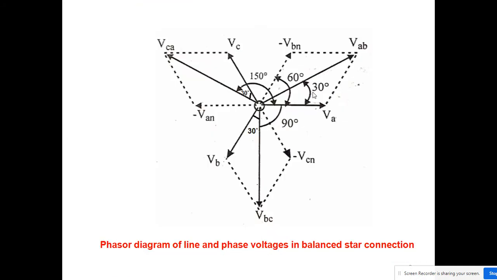So we can say these are 30 degree ahead of their respective phase voltages. Now I will draw the phasor diagram of the line and phase voltage in the balanced star connection. You see, my first notation is the phase voltage here, this is the phase voltage and this is the phase voltage. Is it okay? Whether I talk about the phasor values in terms of complex numbers, I can calculate this value, or you can calculate this way, because here one is 0 but the other is minus 120, so your V becomes in this direction. It is nothing but the neutral, that's why we put N. Also we can put N here.